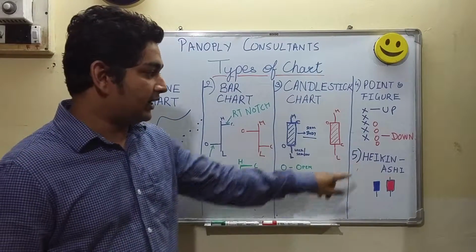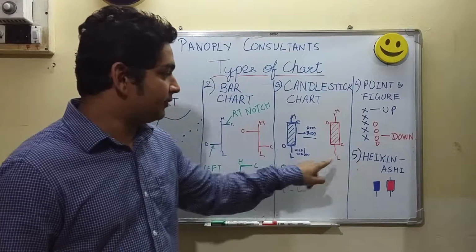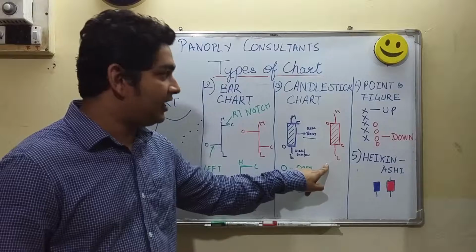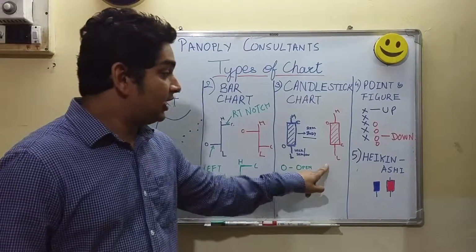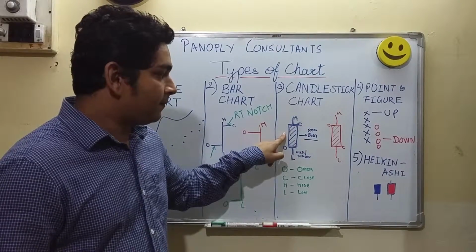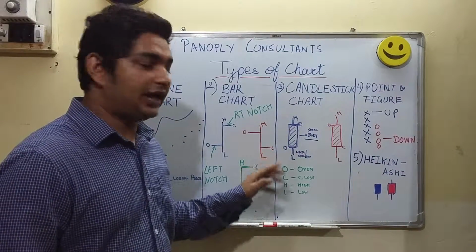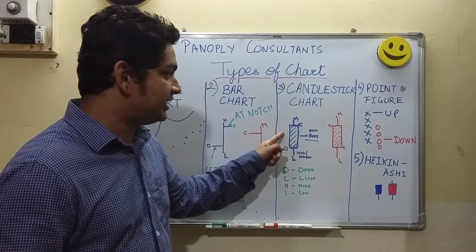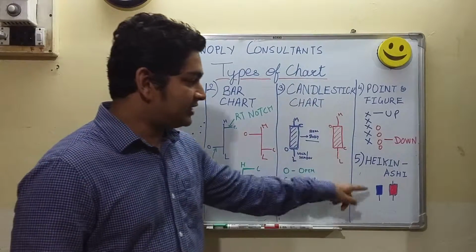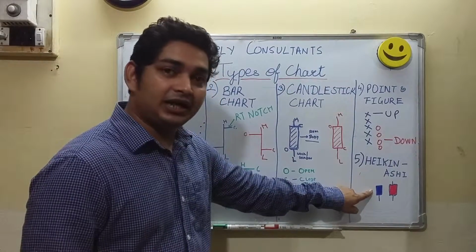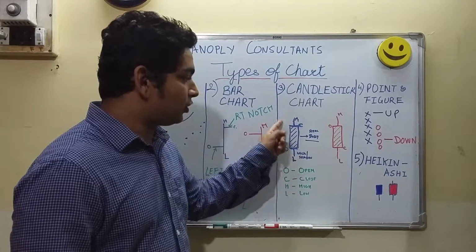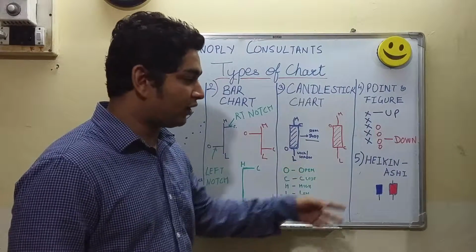The fifth type of chart is the Heikin-Ashi, which is similar to the candlestick chart. The basic difference between a Heikin-Ashi and a candlestick chart is that in a candlestick chart, each individual candle is independent of the others. That means the present candle is independent of the future candle as well as the past candle. Whereas in Heikin-Ashi, the present candle depends on the previous candle, such as the opening price and the closing price being taken into account for calculating